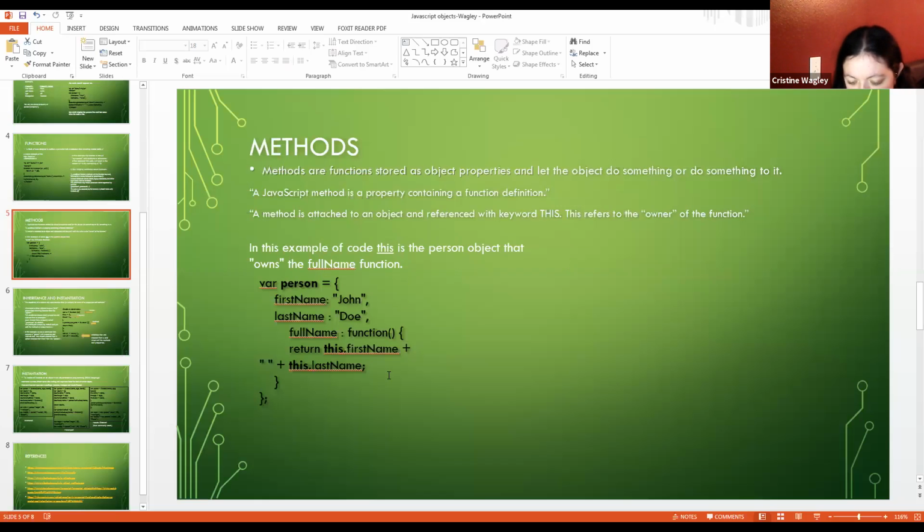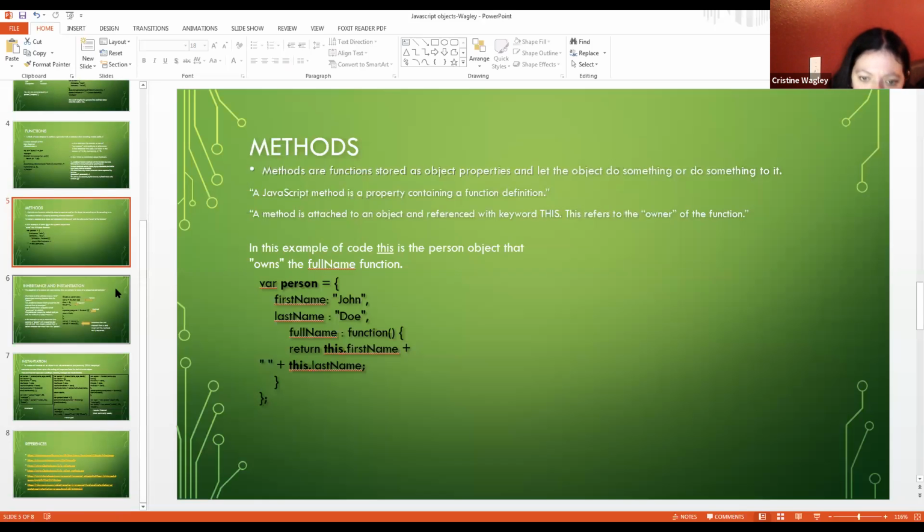So they're often referenced with the keyword this, and it refers to the owner of the function. So this is another really basic example, and I have a different one on the page.